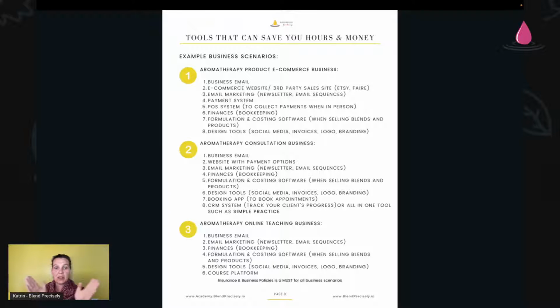So segmenting happens at a later point. But in the very beginning, just a simple email marketing system where you collect all the emails and you can let them know on a monthly basis, hopefully weekly basis, what you're up to and your business.